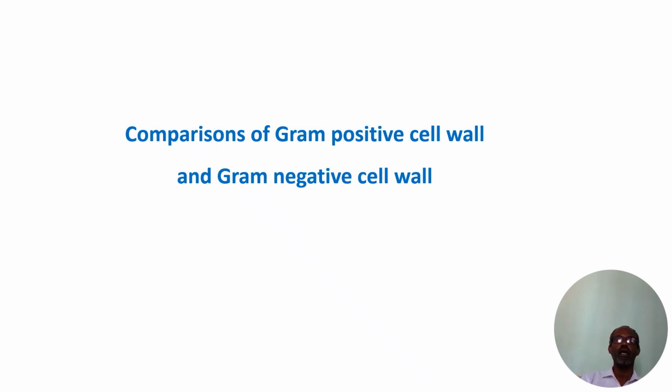The crystal violet-iodine complex will be highly stuck into that huge cell wall, so that it's difficult to dissolve it or wash it out. Whereas the cell wall peptidoglycan layer of gram-negative bacteria is very thin, very thin. The alcohol can easily wash it out of the gram-negative bacteria, so that gram-negative bacteria lose the primary color and accept the secondary color.